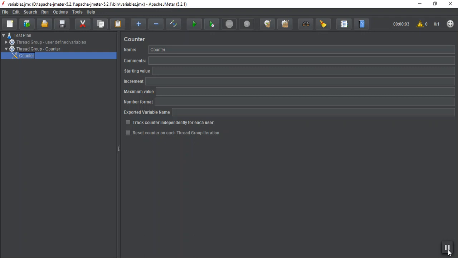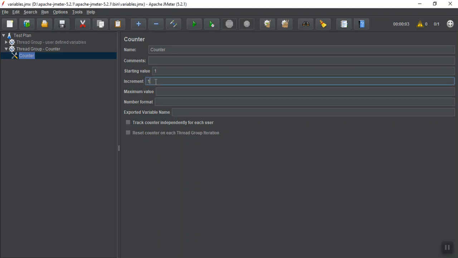Comment is optional here. We need to provide the starting value, say 1, and the increment. If I want increment 2, the first value will be 1, the second value will be 3, the third value will be 5.